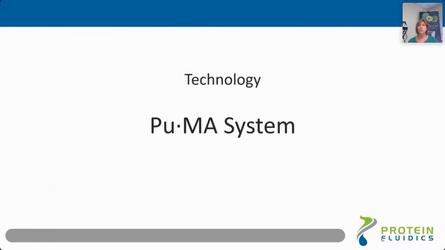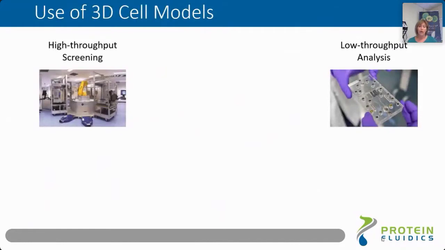So why have we decided to develop this type of technology? These days, we witness tremendous shifts toward more physiological 3D models in disease modeling and drug development. And typically, when we think about screenings and drug discovery, the first thing that pops into mind is high-throughput screenings. And usually, these screenings focus on a large number of samples, but measure only a few parameters and produce a low number of